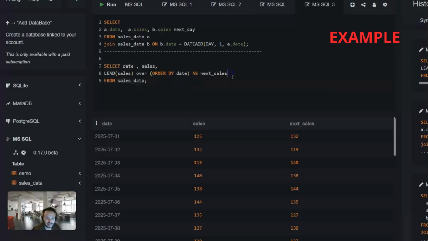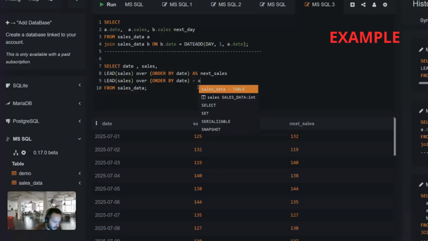Okay, but we want to calculate the percentage of change. So let's add one more column to show how to calculate the percentage of change. We will have the same thing, of course. So we need this one, right? Because that is the one we use to calculate the next day. We need to do simply next day minus sales, and then we do the division and multiplication. So this is next day minus sales,